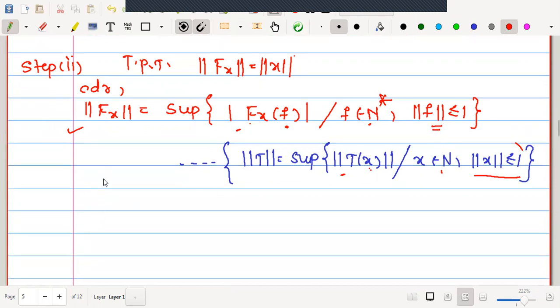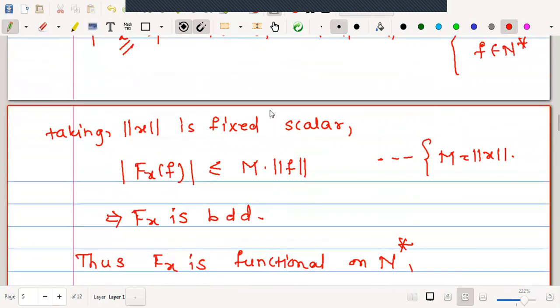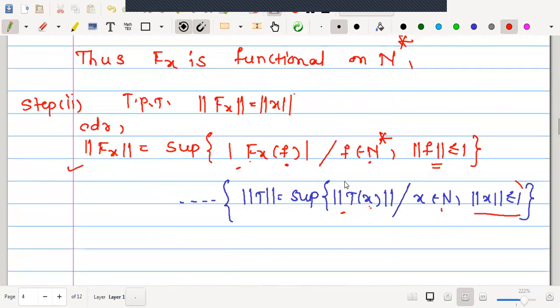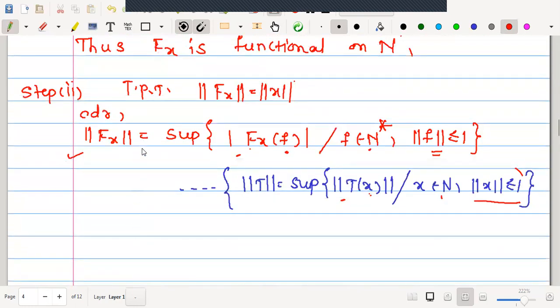Coming back, according to this definition, now here we will keep this previous inequality. I'll just give some numbering. Shall I call this equation number 1? Therefore here we have written mod fx of f is less than or equal to norm f into norm of x. Therefore, may I just replace this? Therefore, this inequality becomes less than or equal to